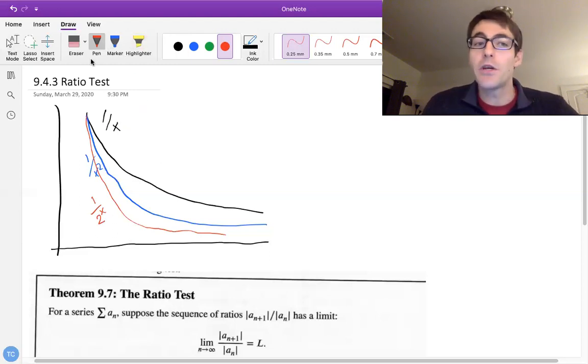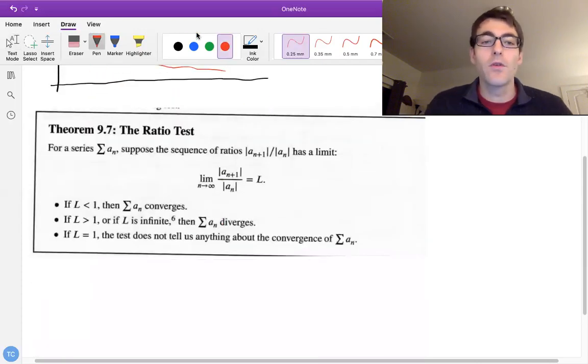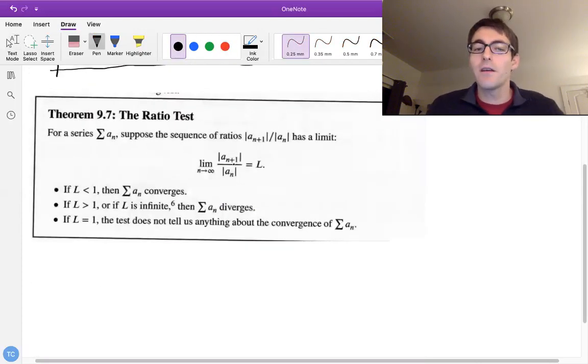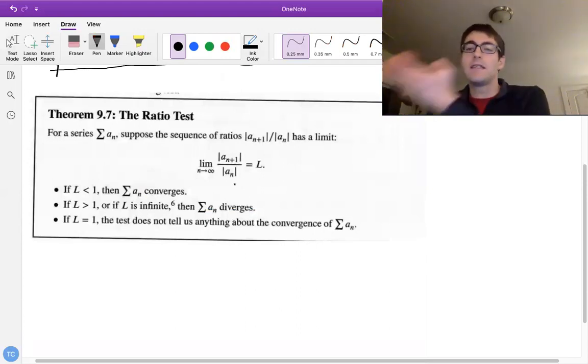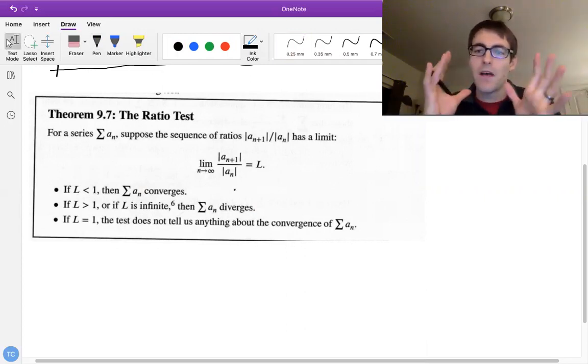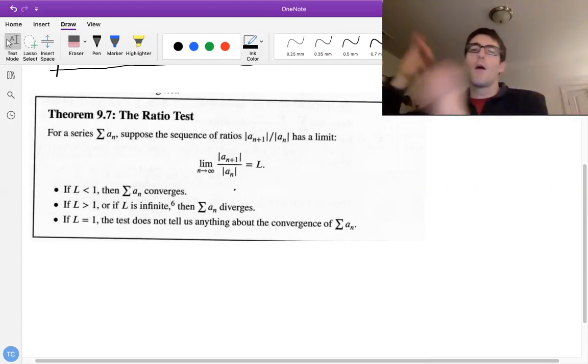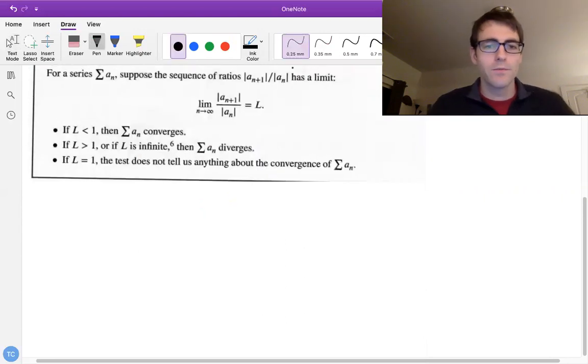Okay, but what the ratio test picks up on is it's determining if our sequence is approaching zero really, really fast. And if it is, we can go ahead and say that the series, the sum of a bunch of numbers, ends up being some finite thing. So the ratio test is comparing the n plus 1th term to the nth term. We're only focusing on the absolute values, and we're asking what is the ratio of these two terms as we approach infinity. So, for example,